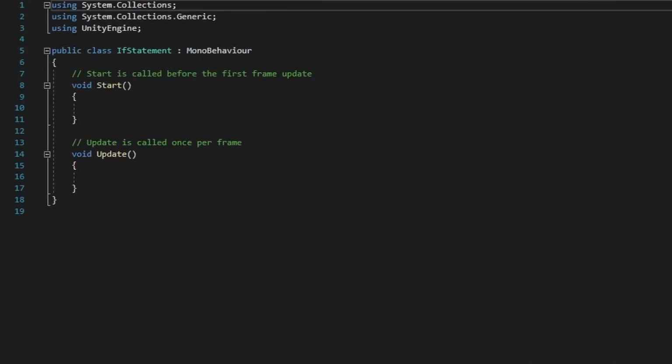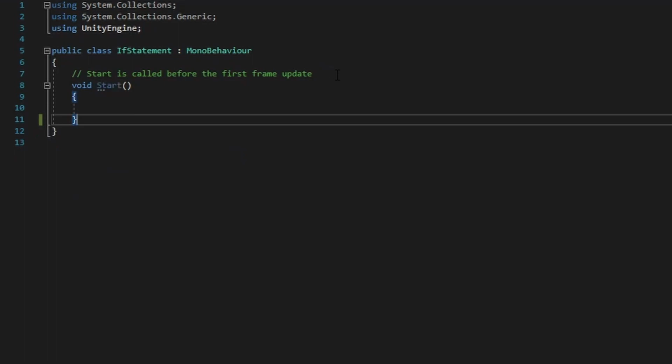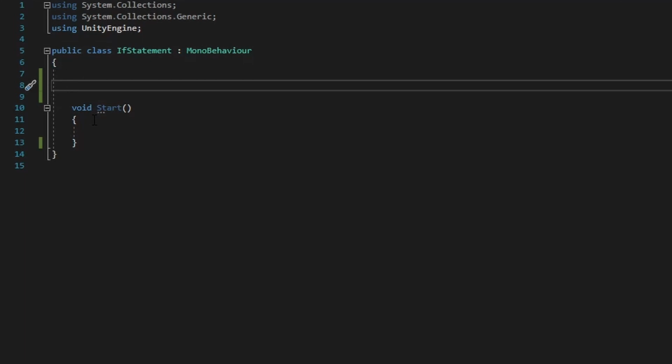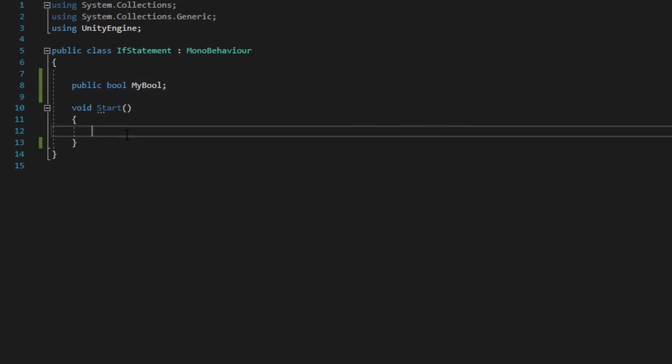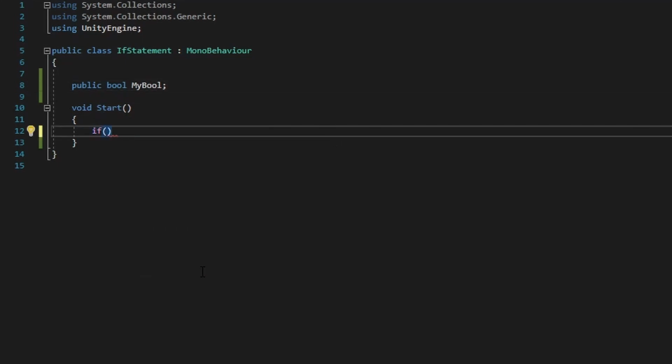So the syntax for the if statement is very easy. The thing is, you need a bool to actually use it properly, or something that will return a bool. So just to test, we're going to use a public variable of bool. So public bool, and I can call this my bool. And to make an if statement, what you do is just put if and then two regular parentheses